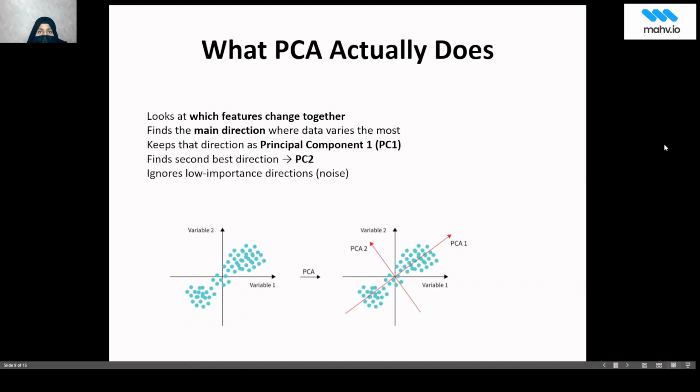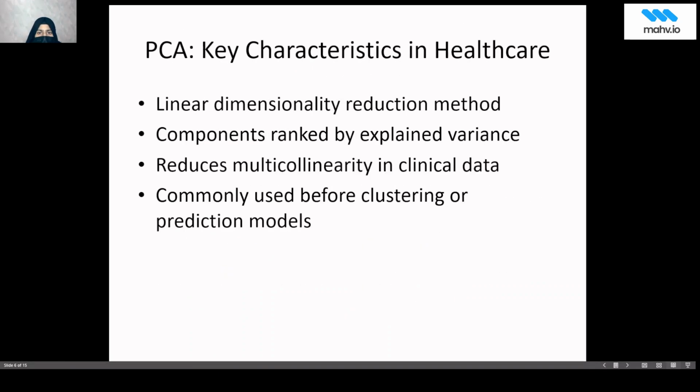So PCA, basically, is a linear method. Here, data is analyzed among the different angles in such a way as to extract the meaningful information and ignore those angles that have noise. So after that, we will see